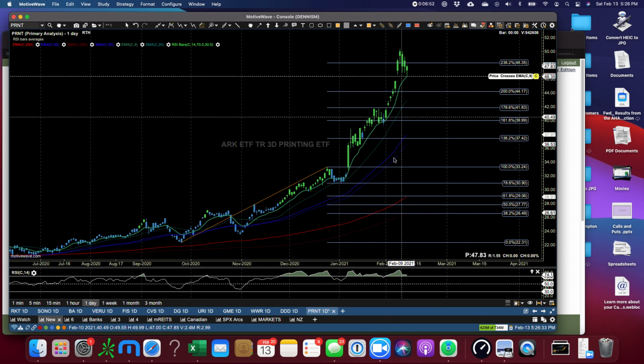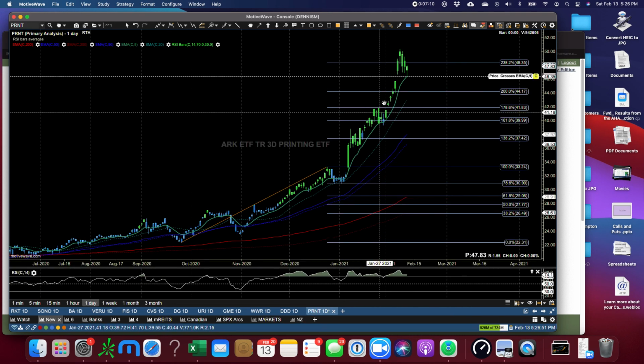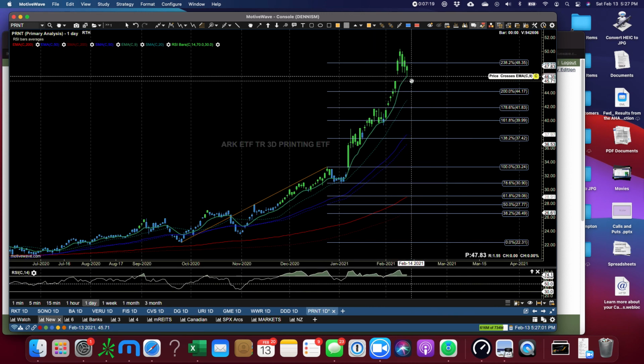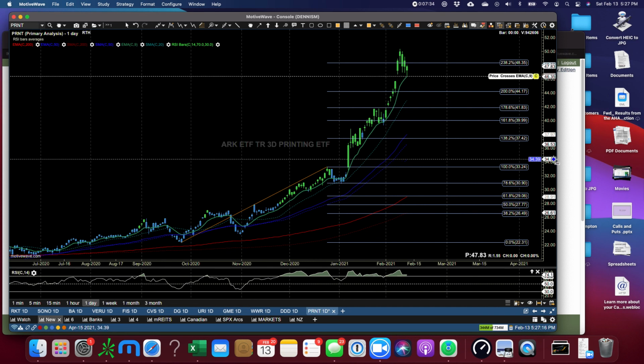PRNT is a stock that I'm into, as I said. It's an ARC fund that looks at 3D printing. This is its biggest holding, DDD, 3D printing. You can see 3D printing on this parabolic move up. And of course, so did PRNT, not quite as parabolic. DDD pulled back, and PRNT has pulled back. So it's an inexpensive way to be buying into DDD if you'd like, and you don't want to pay the high prices. Well, no, it's not true. I mean, that's $49, and this is the same price. So anyways,